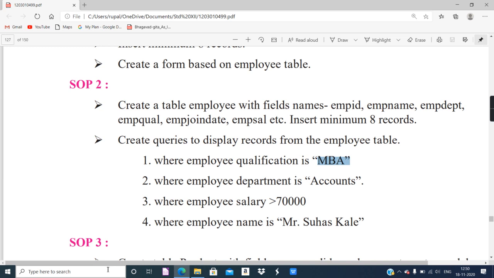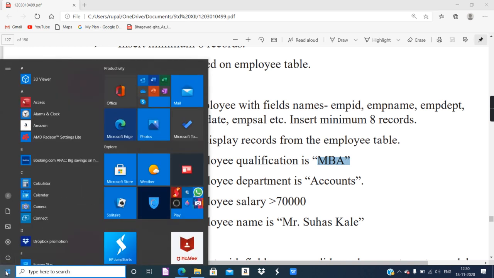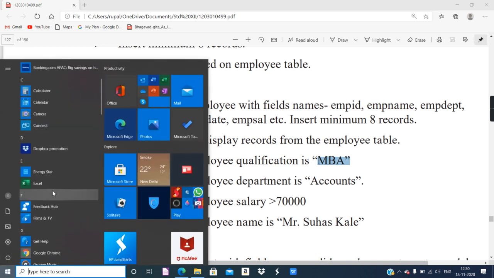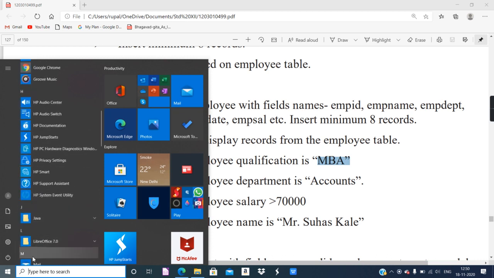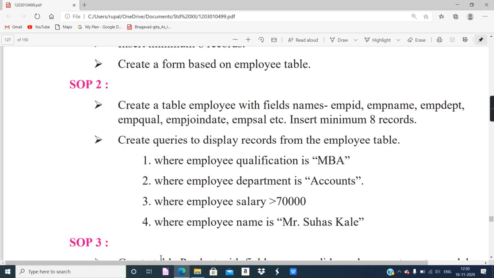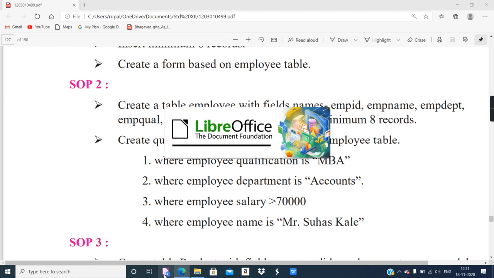It's not at all difficult. The first step is to open LibreOffice. You can click on the search, type LibreOffice, and open the application. You can also click on the start button and choose the application, where all the applications are arranged alphabetically. Because I have used LibreOffice a lot of times, the LibreOffice Base icon is available in the taskbar, so I will directly click on this icon. LibreOffice Base will start.